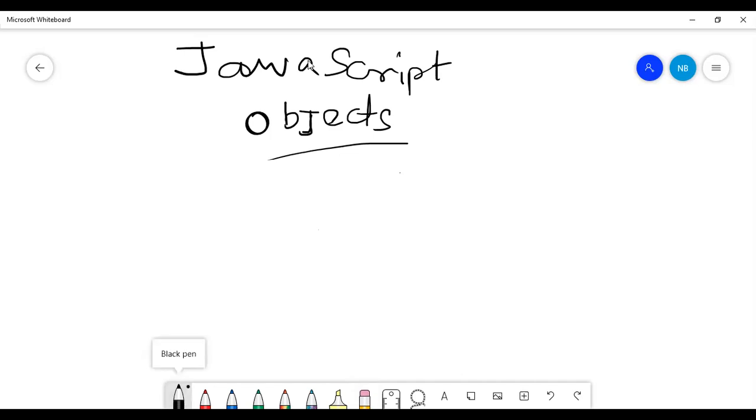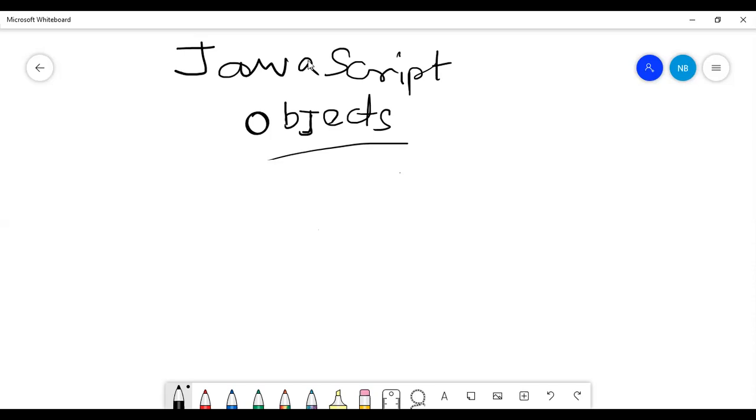Okay, so the important feature about JavaScript dealing with objects, so let me demonstrate two of the objects which have been used already.